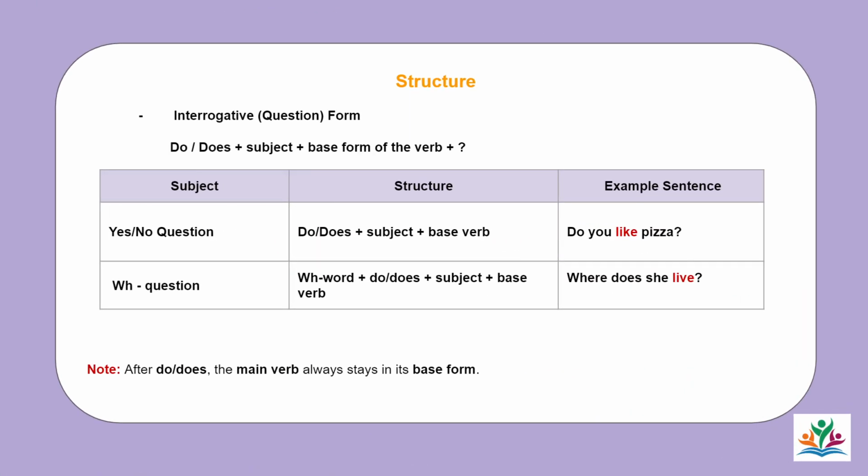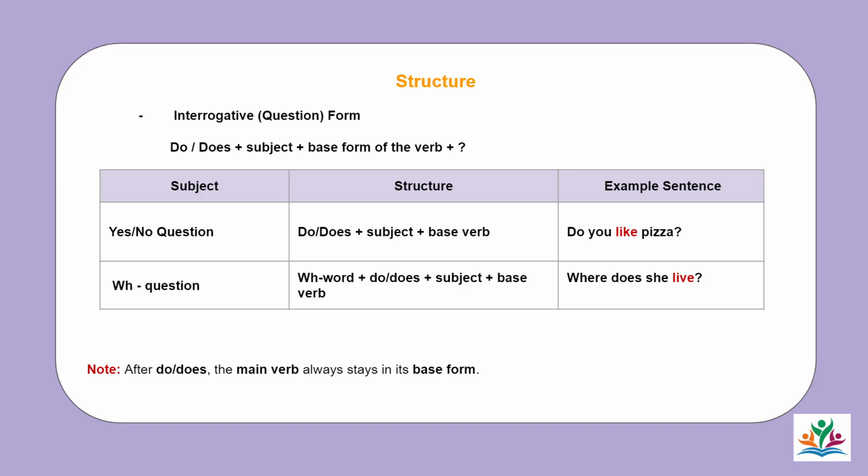For the question form, we need to switch positions between the auxiliary verb do or does and the subject. So do or does plus the subject plus the base form of the verb. For example, for the yes-no question,